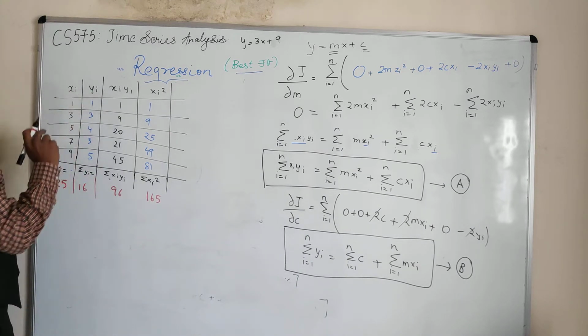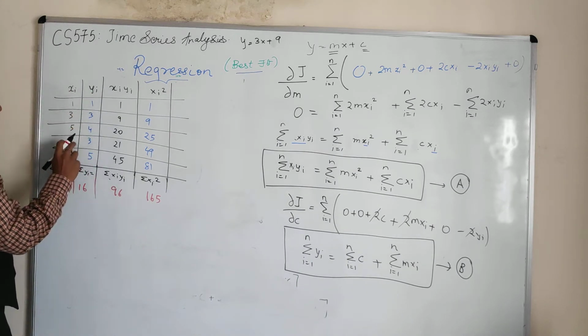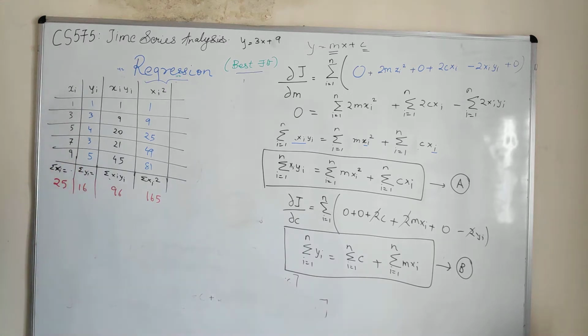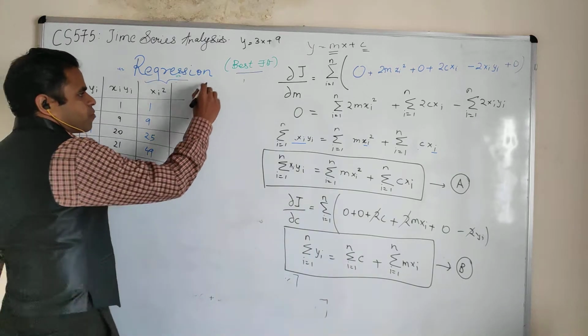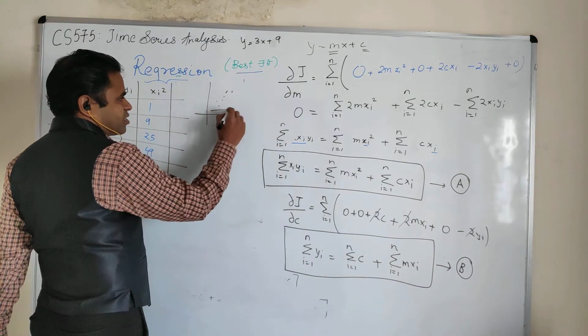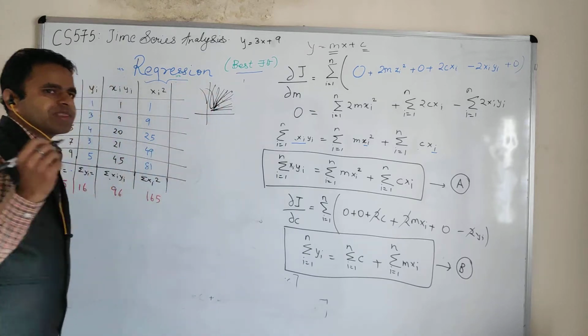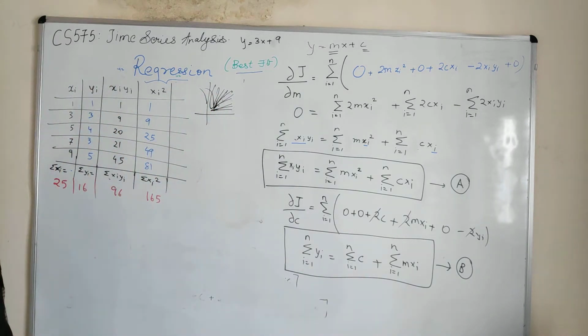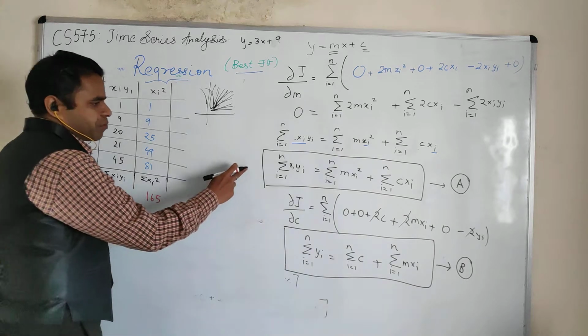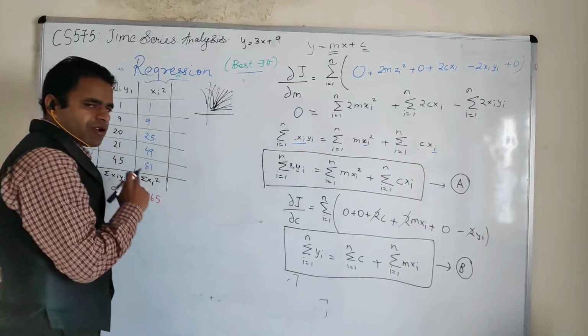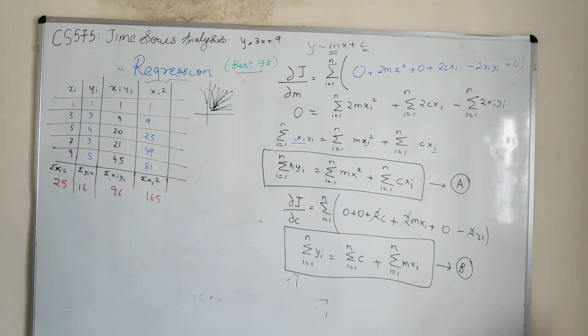So I have given xi and yi. I have these two-dimensional points which are distributed, and I need to fit a line of regression. As I said, given some points, you cannot calculate infinite lines and then say, okay, this is the minimum error that we are getting. There should be a mathematical method. So we computed these two equations, and now see how it fits in.